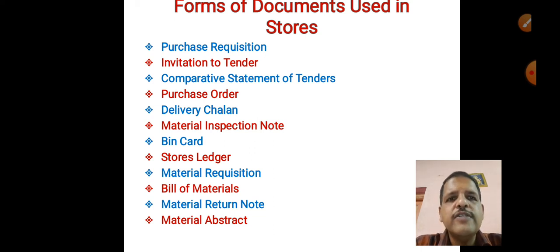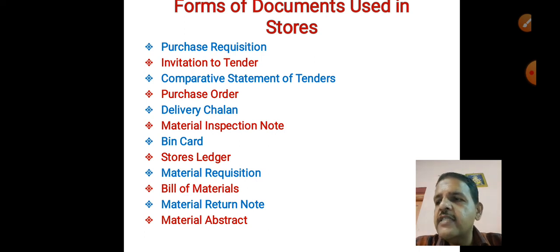Let us go towards the material return note. Sometimes it becomes necessary to return material from a production department to stores. It records the return of material which is not used.